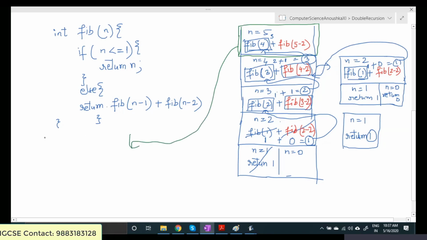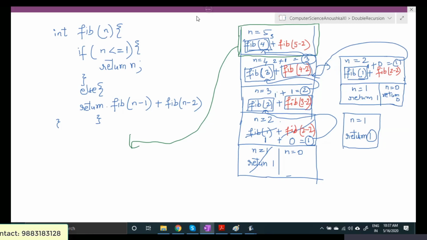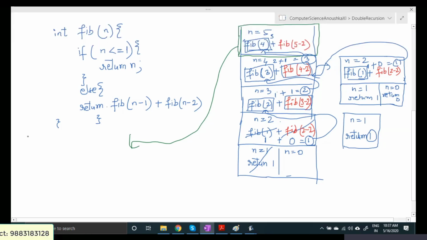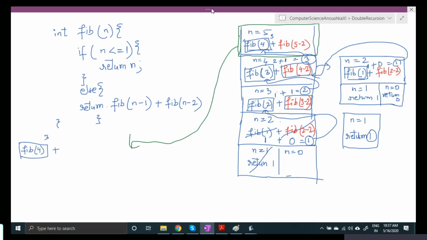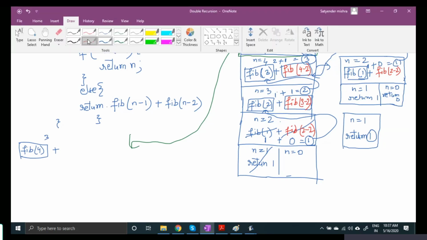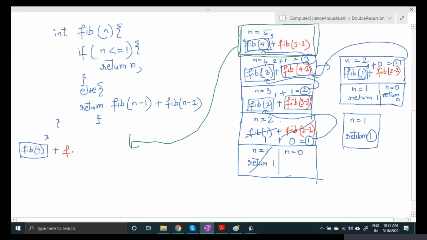The value is 1, the value of fib 4 is 3, and the red one is fib of 5 minus 2, right?